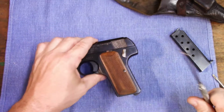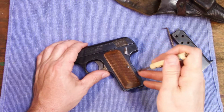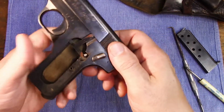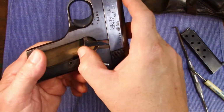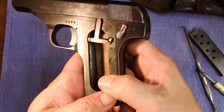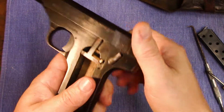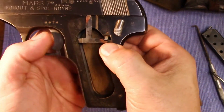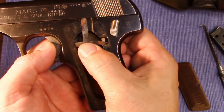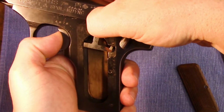Alright, let me take it apart and show you a couple little interesting things from a machinist aspect of it. So here's the trigger assembly and disconnector. Very simple disconnector here. So when the gun is cocked, you'll see that the disconnector is just on the edge of the trigger. I've got to hold this down a little bit so that it doesn't flop out. You pull the trigger